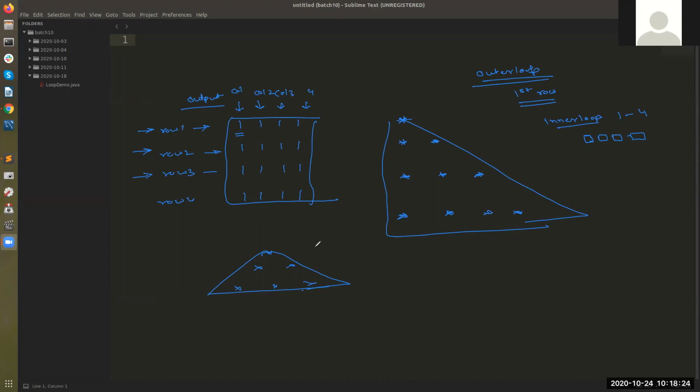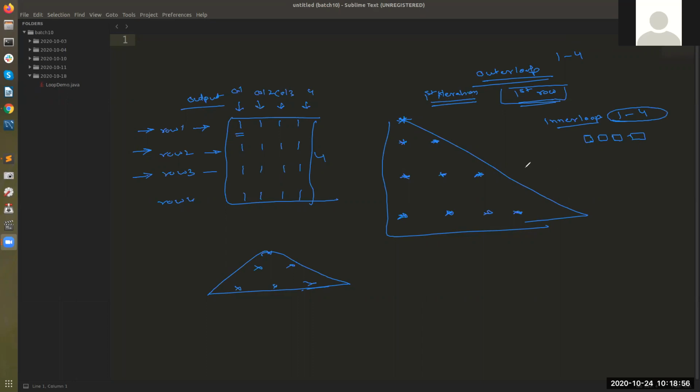Okay. So we'll come back to this loops concept. So here I'm talking about the outer loop, right? So the outer loop will run and it will form your first row, right? So when the outer loop is going to run for the first time, suppose I have to print 4 lines. So it is going to run from 1 to 4, right? When the first iteration is executed for the outer loop, the inner loop will run 1 to 4 completely for this first time of the outer loop, right?